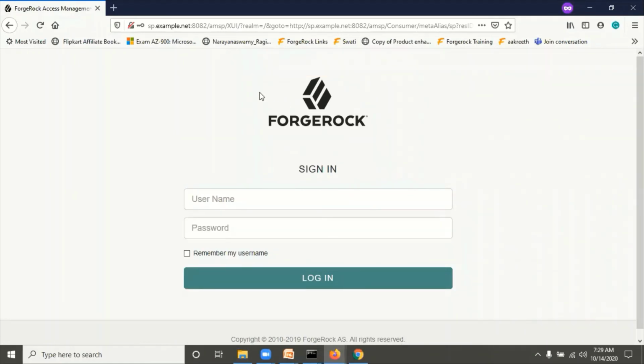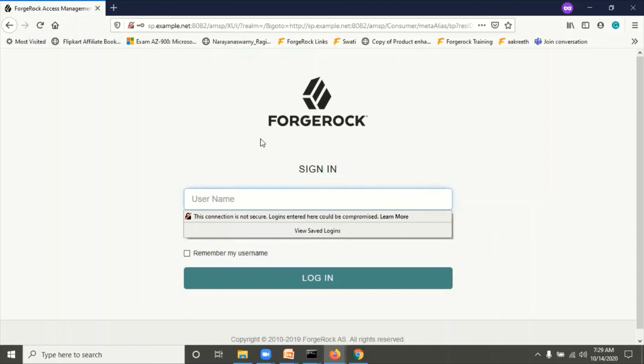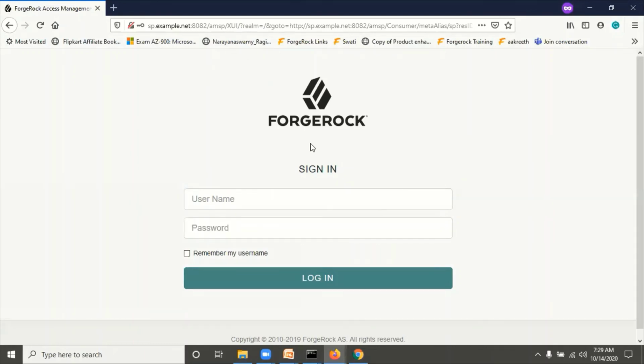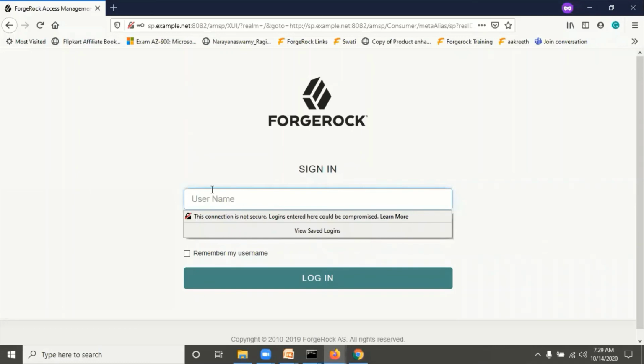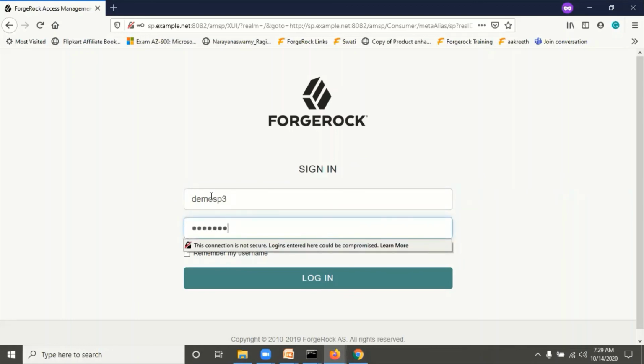This is not linked with an existing SP account, so it is showing that the IDP account is not linked with the SP account. Then you click again on login, and here you have to enter the SP username and password. What is the SP username and password? Demo SP3 and password. Click on login.